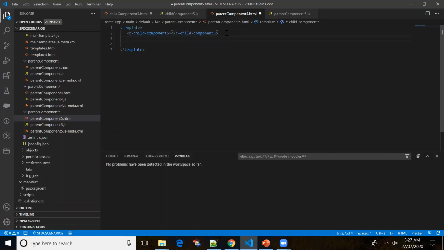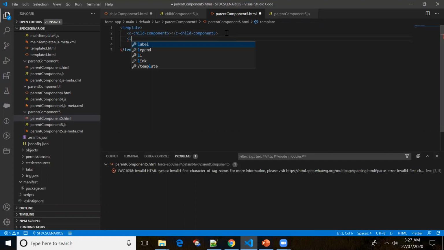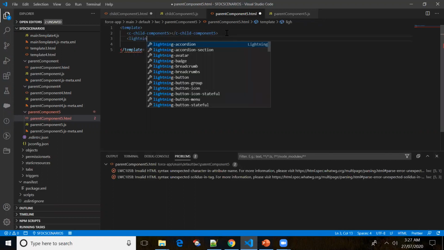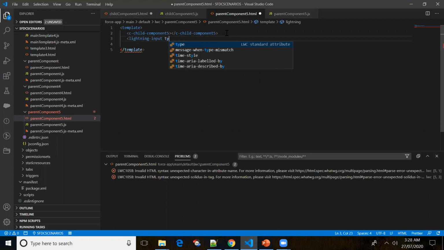Okay. So now what I'll do is I'll create two input fields. Lightning input type equal to text, label equal to first name. Okay, and the class. We'll be getting the value with the help of query selector.